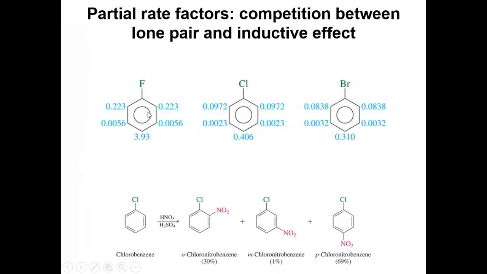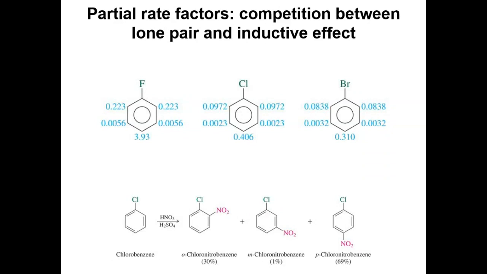Why? Because this site actually receives a lot of benefit from the lone pair effect, or resonance effect, of fluorine, but it doesn't suffer as much inductive effect from the fluorine, because inductive